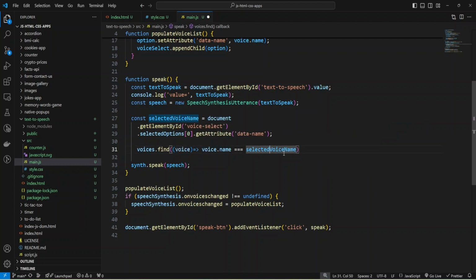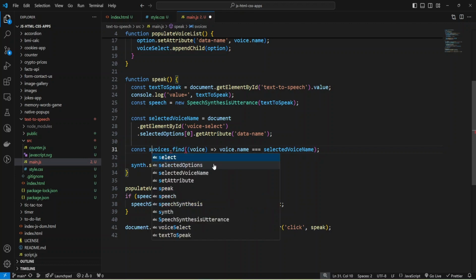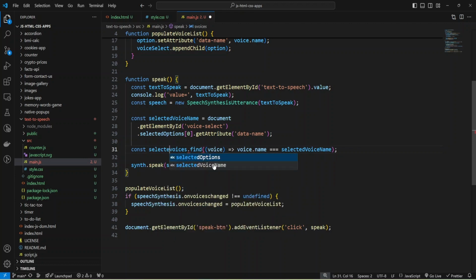It will equal my selected voice name, and now I'm going to save it as some const and provide selectedVoice.